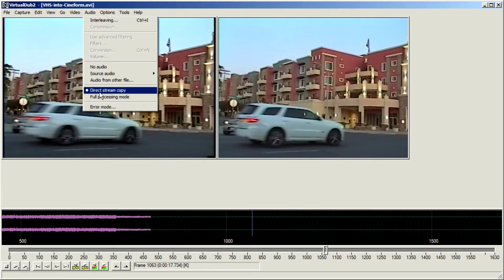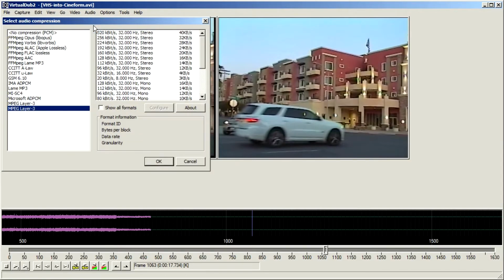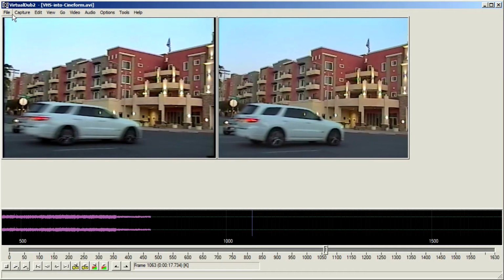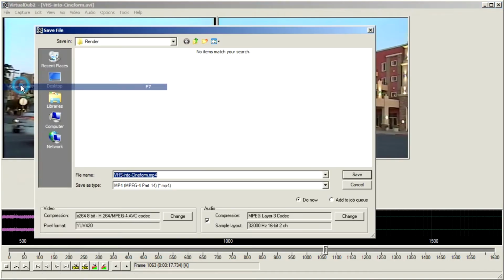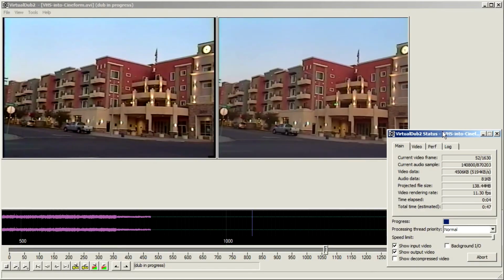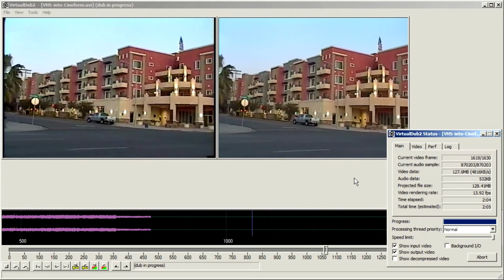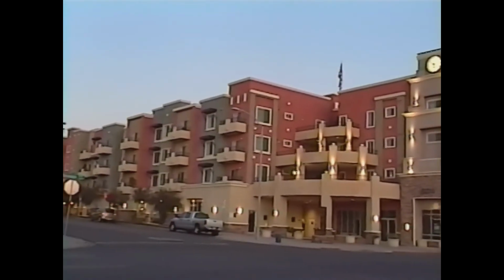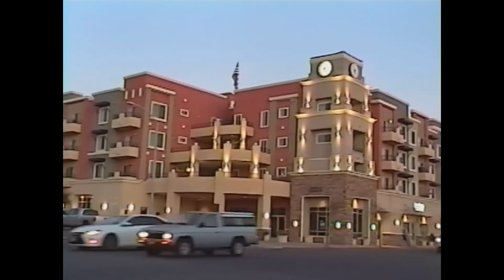The final step is choosing audio compression. I choose a ubiquitous MP3 format. Considering that the source is linear VHS, I think that 160 kilobits per second is enough. This is it. Now I need to render the resulting video. I prefer MP4 container, it has more robust metadata support than AVI and is more compatible with my editing tools than MKV or MOV. This is how it looks like, ready to be uploaded on YouTube.